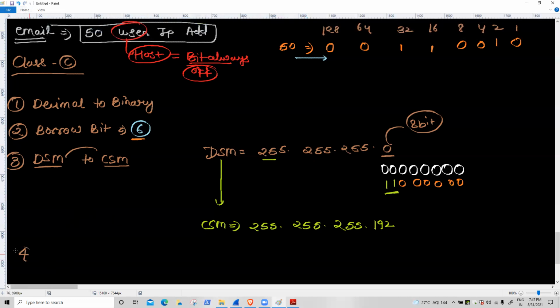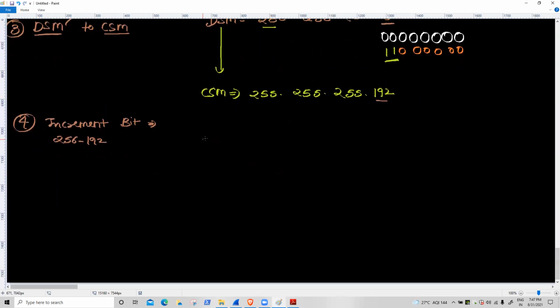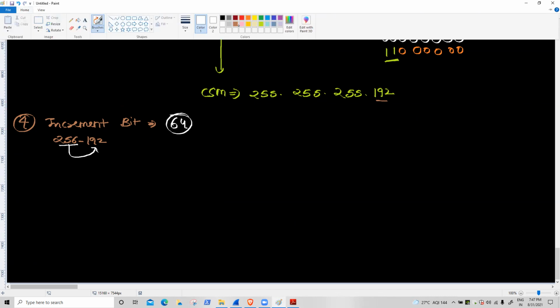A fourth task we discuss. Which bit? Increment bit. So increment is always 256 minus how many values? 192. How many values coming? Aaron, any idea how many values are coming? Please tell me how many values come out if I'm doing minus. Ibrahim, Rajendra ji, 256 minus 192. 64. Always use a calculator if you are having any issues.